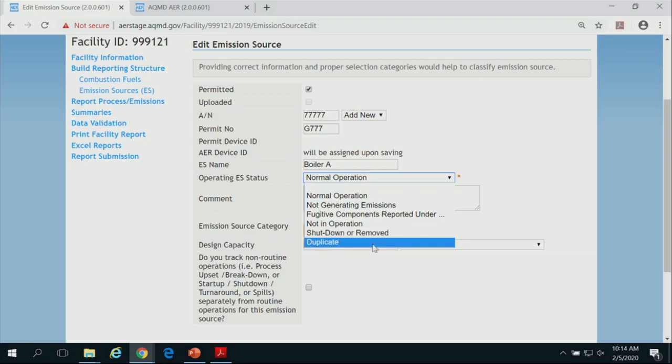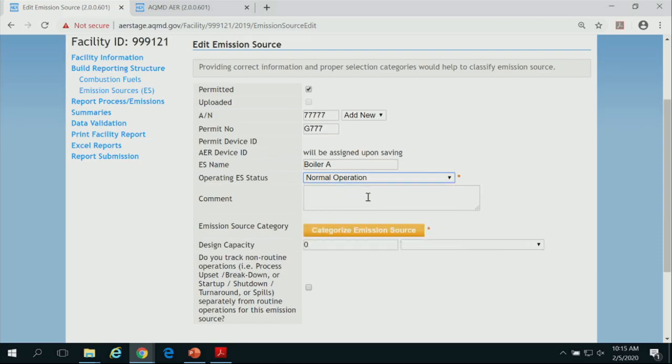And then duplicate is for specific scenarios where, let's say, you have equipment in series. Let's say I have 5 boilers feeding into one stack and I have a CEMS on the stack. I don't want to report 5 different numbers because my emission is monitored at the stack itself. I just want to report everything at one location. The 5 boilers would be duplicate. Usually the stack is in your permit. You can report all the emissions under the stack. So these are different possibilities that you can have. For the sake of my boiler, I just stick to the normal operation. It's normal operational.